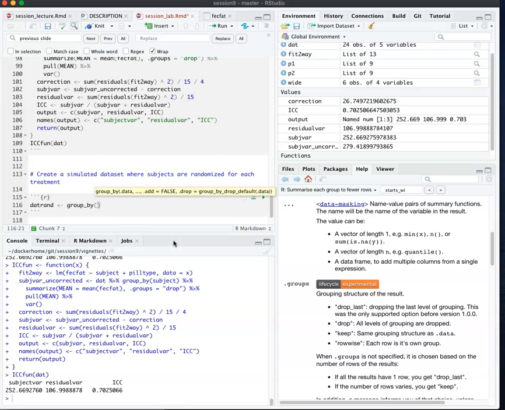So I'm going to group by pill type. That's how I'm going to do the randomizing for each treatment. This would keep the treatment effects the same and just randomize the individuals within each treatment. So what it's going to do is get rid of any subject correlations or any difference in mean between the subjects. So after I group by pill type, I'm going to do